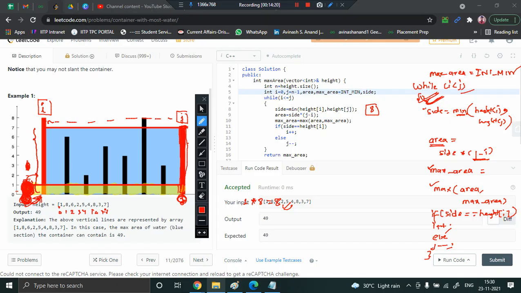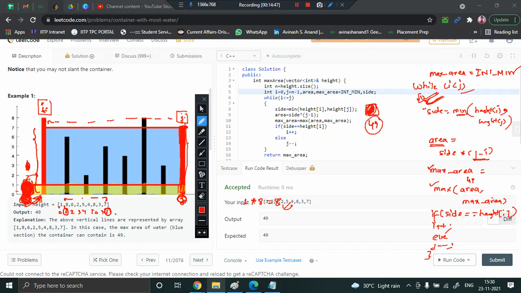So this will be equal to minimum of 8 comma 7, which is 7. So 7 into the difference of these indices. What is the difference of these indices? So this index is 8. The last tower is at index 8, and this I came at 1 right now. So 8 minus 1 is 7. 7 cross 7 is going to give you 49. So 49 comma the maximum area you computed so far was 8. So whichever is maximum, 49. So 49 will be updated, right? So this will be updated to 49.